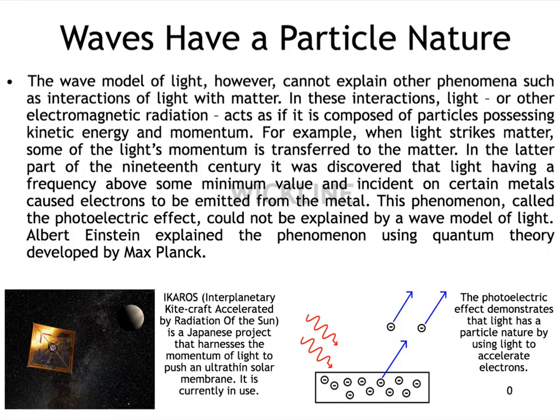But on this slide, I'm going to point out that waves also have particle nature. So not only are waves waves, but they're also particles. Probably the best way to explain this is in terms of a couple of examples. Example number one is a model for how we may be able to get around space in the future. Basically, if you can make this enormous sail, it's called a solar sail, then you can rely on light from the sun or any nearby star that will come in and strike the sail and push the sail in a